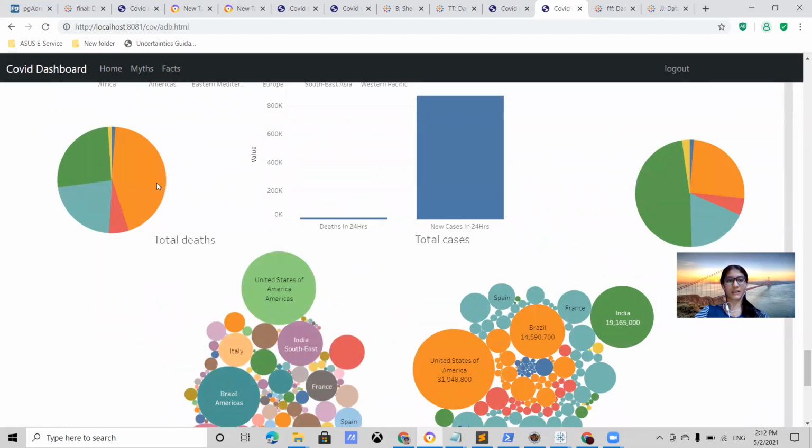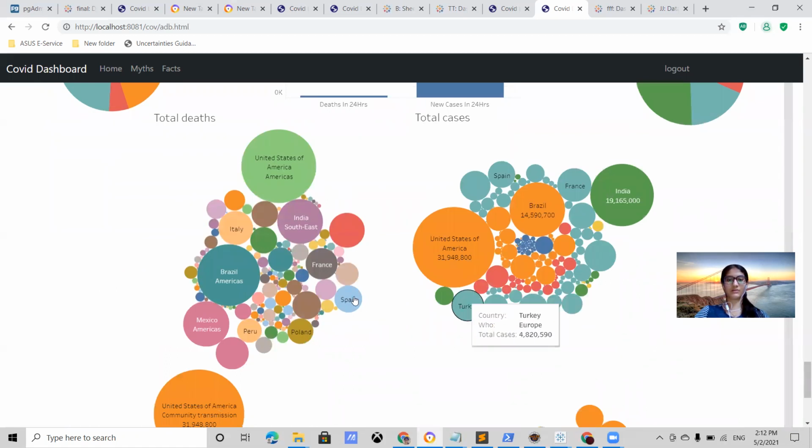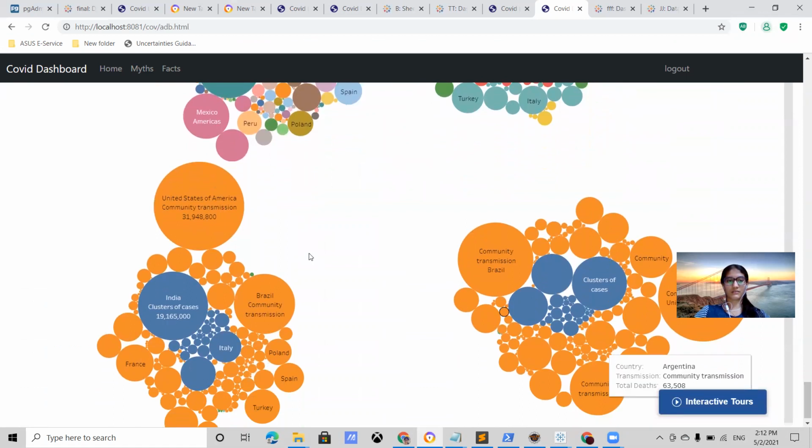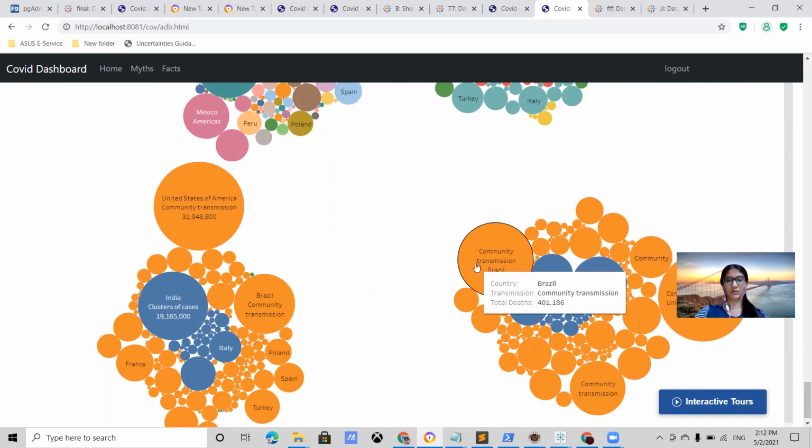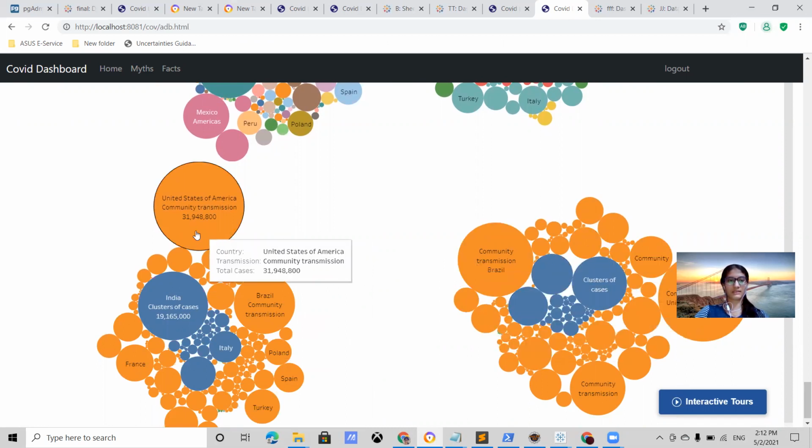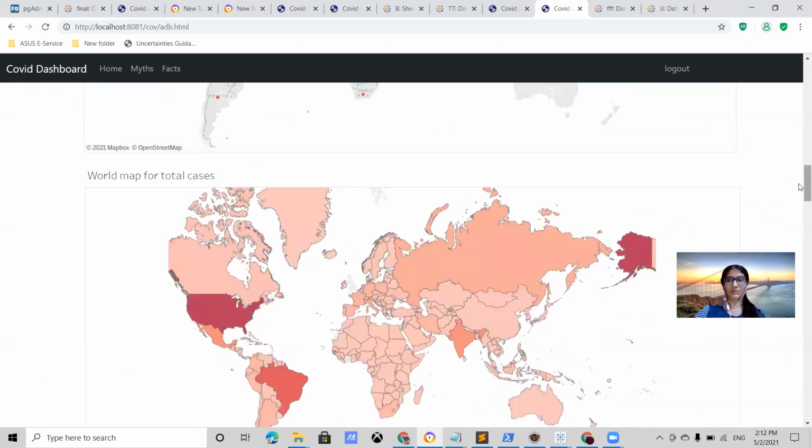We need to increase the time interval when we are doing it in a live application. But presently for demo we have reduced this time interval in order to check whether the data is correctly getting updated or not. So this is for transmissions and total deaths. The size is according to total deaths, and here the size is according to total cases. Finally, we are able to see our dashboard.